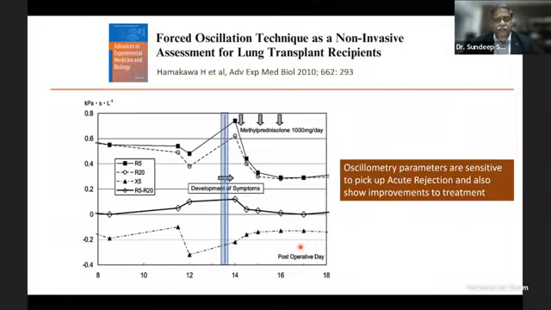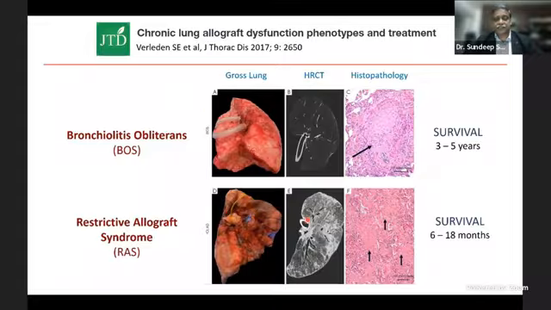Last couple of slides, and just to highlight some of the importance of oscillometry in lung transplant, the message that I wanted to convey is lung transplant patients have a risk of developing lung rejection, and oscillometry can pick that up 3 days in advance compared to even what other tools such as spirometry does. So this is a very old study that was published in 2010. And some recent studies have shown that lung transplant rejection could be bronchiolitis obliterans, could be restrictive allograft syndrome. This is obstructive, this is restrictive. And oscillometry can actually give you that distinction. This is a rejection which is obstructive, and this is a rejection which is restrictive,